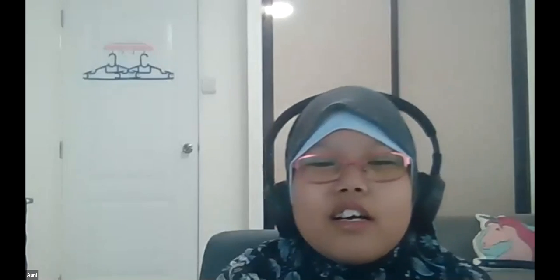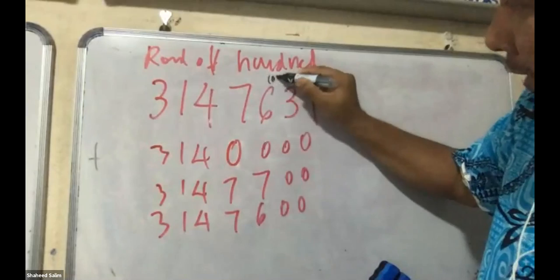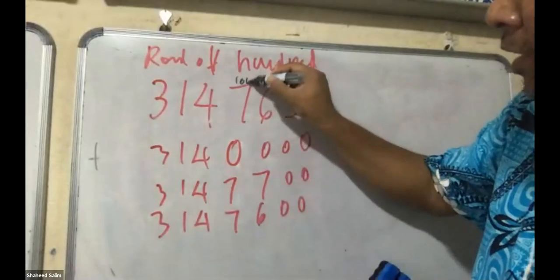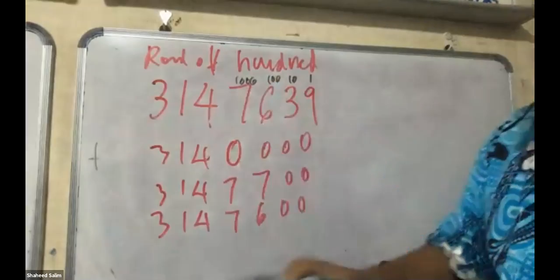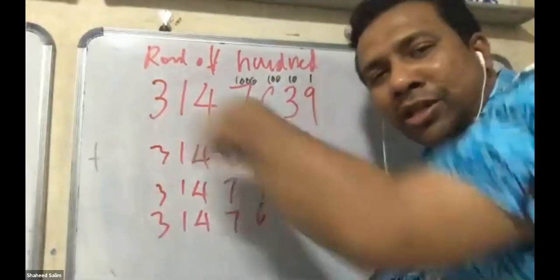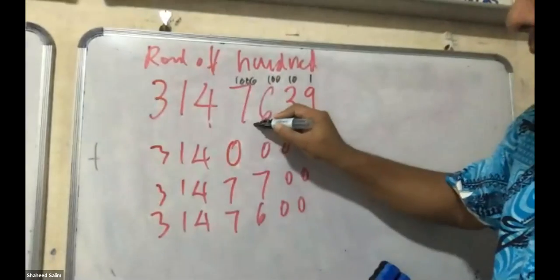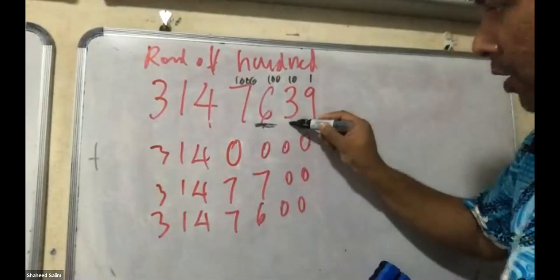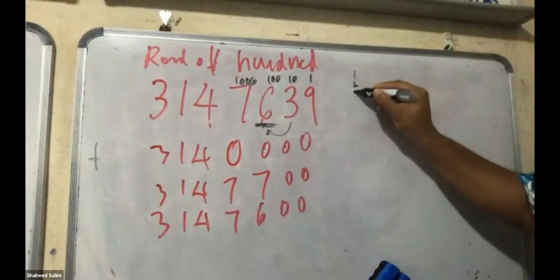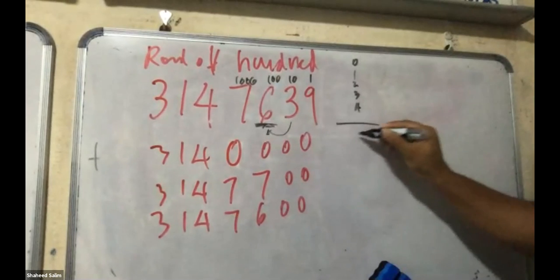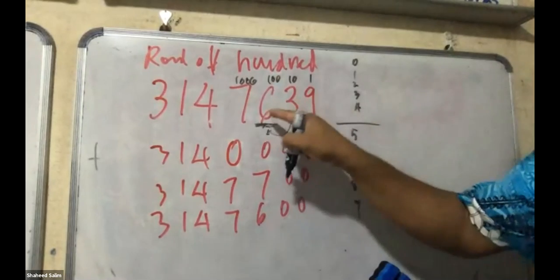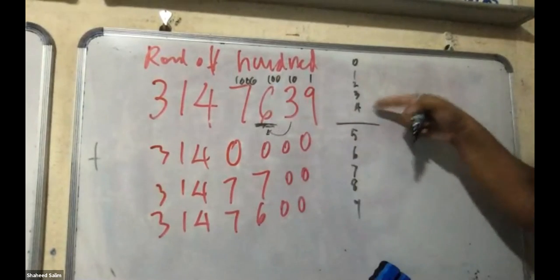So it's very easy actually. If you can't remember, you write this: 1, 10, then 100. You can see 100 here. The next one, add another 0: 1,000, 10,000. Don't worry about the number of digits. We are talking about this one here, so let us look at the digit just beside it. If it's 5, 6, 7, 8, 9, you must plus 1. If it's 1, 2, 3, 4, don't need.